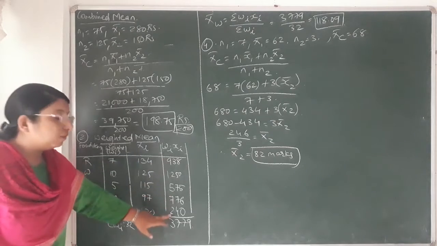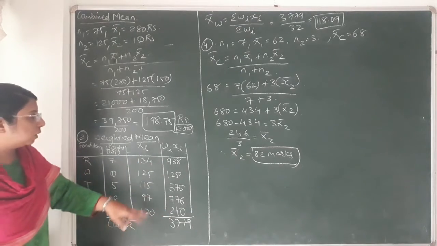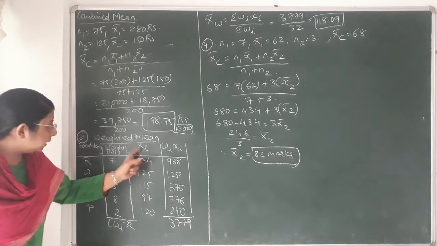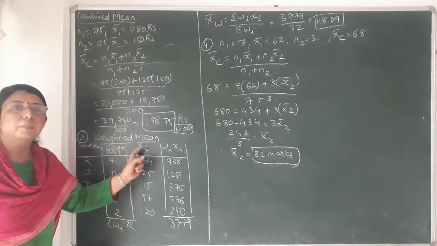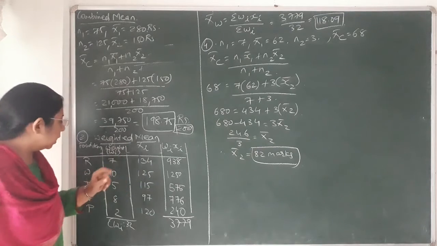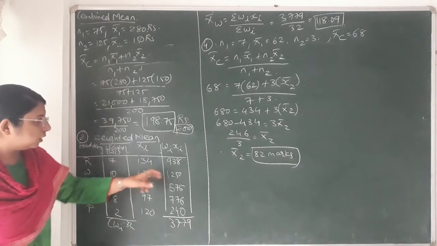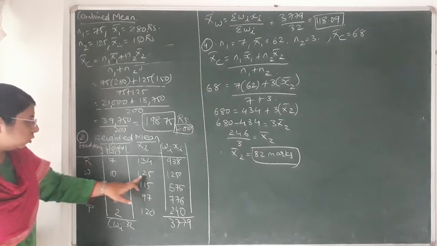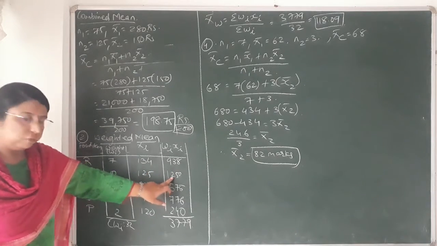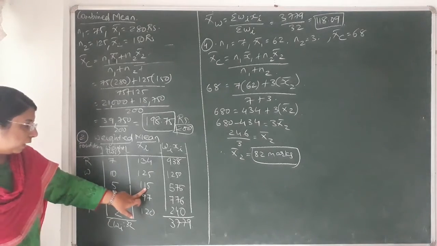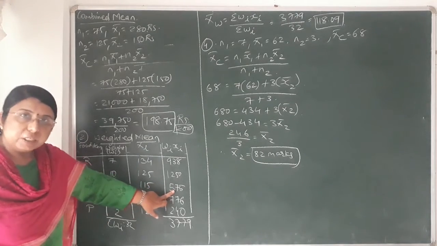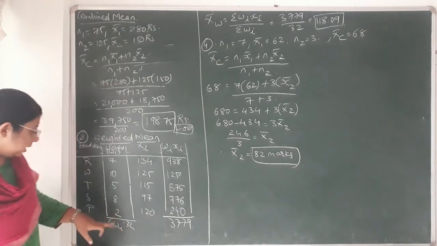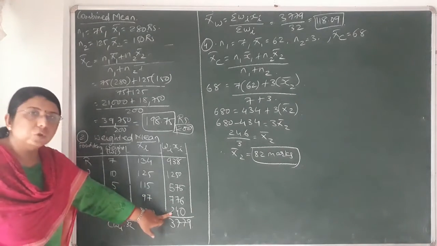Now the last column that we have to calculate. How to calculate? That is WiXi. WiXi means to multiply these 2 columns, weight and the percentage change in prices. Okay, so first value 7 into 134, you will do the multiplication, you will get 938. Next one 10 into 125, 1250. Next one 5 into 115, 575. Next one 8 into 97, 776. Last one 2 into 120 will come to 240.